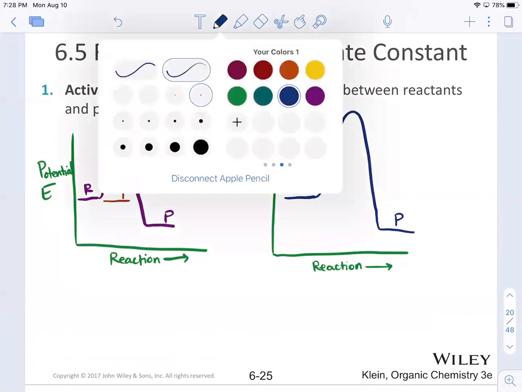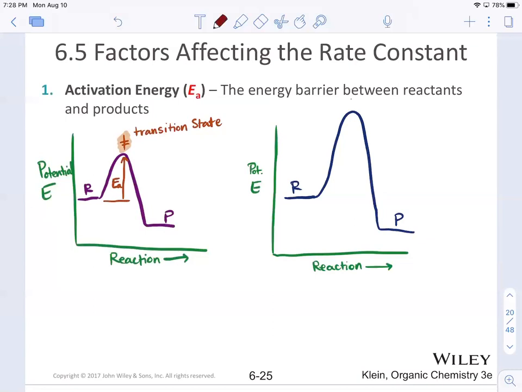Now, comparing these two, be very, very aware that I'm trying to compare apples to apples here, not apples to kiwis. I'm trying to make the reactants the exact same energy and the products the same energy. So I'm only talking about kinetics. I only want to talk about the middle portion of this reaction coordinate diagram. And if we look at this activation energy, it is much higher. The higher the activation energy corresponds to a slower reaction,